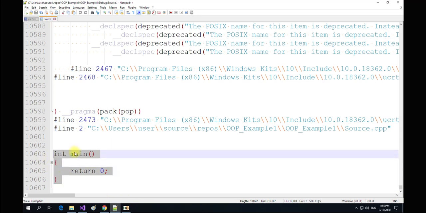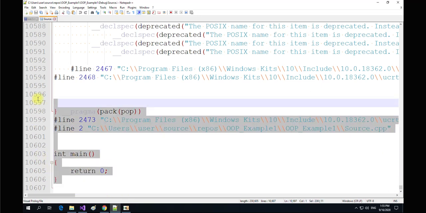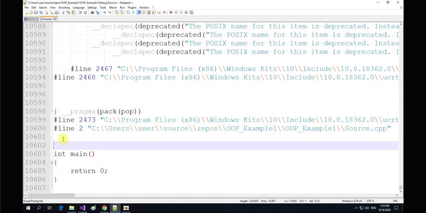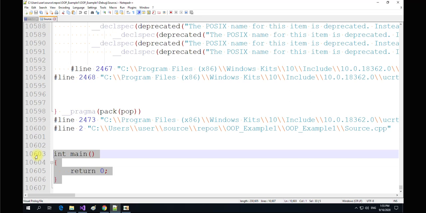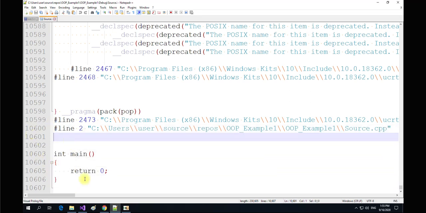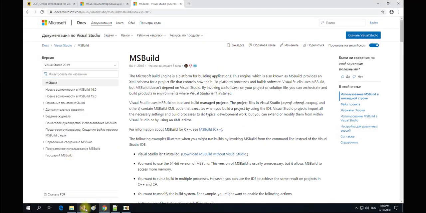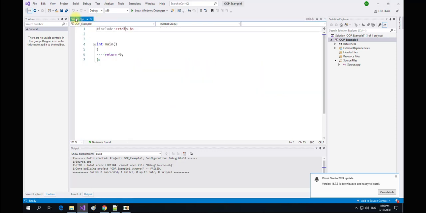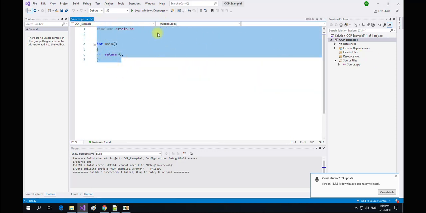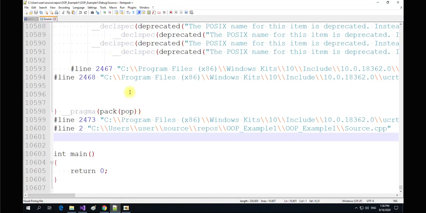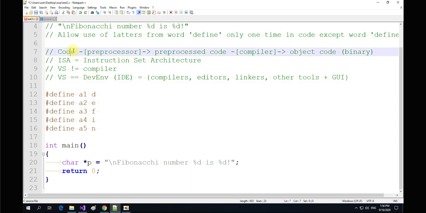And the compiler itself just translates the C code into an object, in a binary form that the CPU can understand. This kind of code is generated by the preprocessor, and again, let's look here. This is our code. It was taken by the preprocessor and translated to this, and this code will be passed to the compiler. Returning back to our task: preprocessed code goes to the compiler, the compiler produces object files, and the object files will be linked together